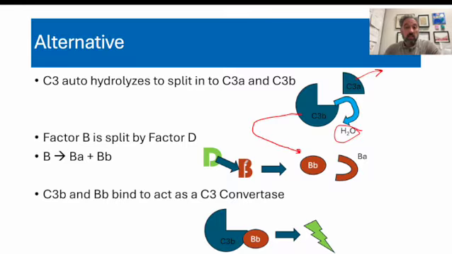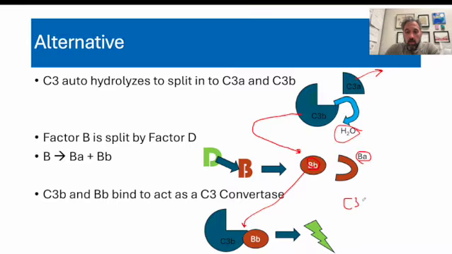We have factor D, which will bind to factor B and split factor B into BA and BB. Ooh, that's really similar colors in my mind. And if it's not, and one's brown and one's red, then once again, I am colorblind. In any case, the BB is going to bind to that C3B and make